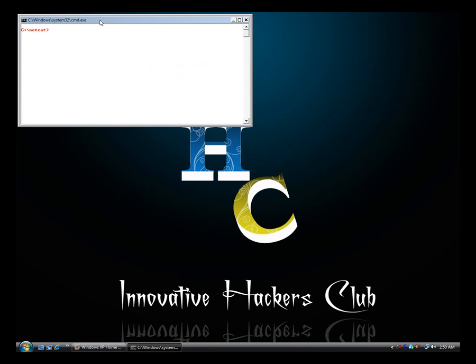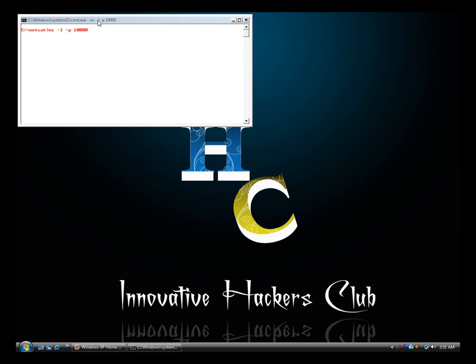Chatting by using Netcat. To use Netcat as a messenger, both users should have Netcat installed on their system. Open Netcat and type NC, which stands for Netcat, -l to listen, -p to define the port number. So I am defining port number 10,000 for this demonstration to listen on the local port.